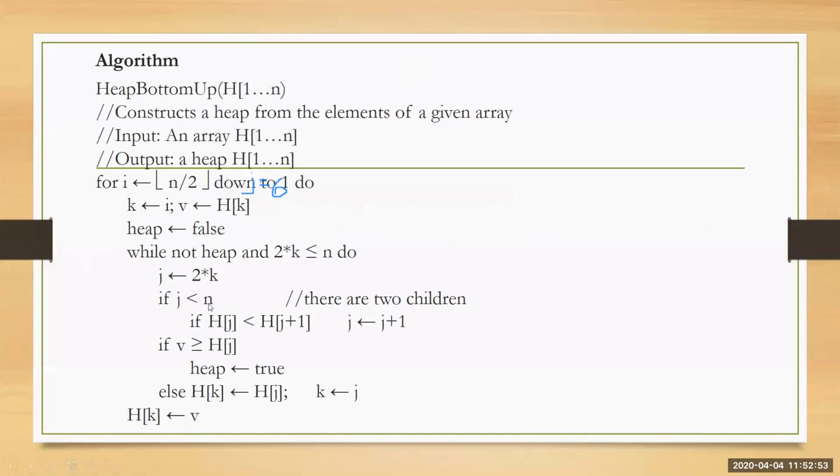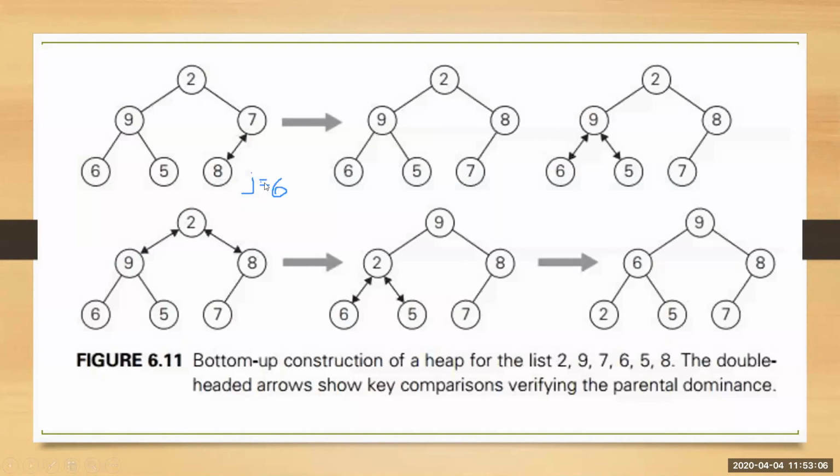If j is less than n, so check whether j is lesser than n. If j is not less than n, then that particular node has only one child. So in this example, what is n here? N is totally 1, 2, 3, 4, 5, 6. N is 6, and j is 6. Is j less than n? J is not less than n. J is equal to n. So if j is not less than n, it means that this particular node 7 has only one child, that is the left child. If j is lesser than n, then it means that the particular node has 2 children.